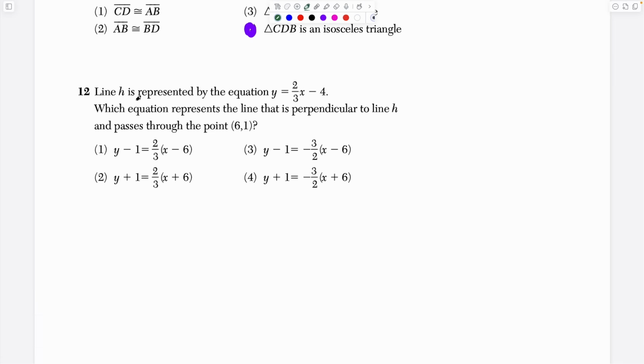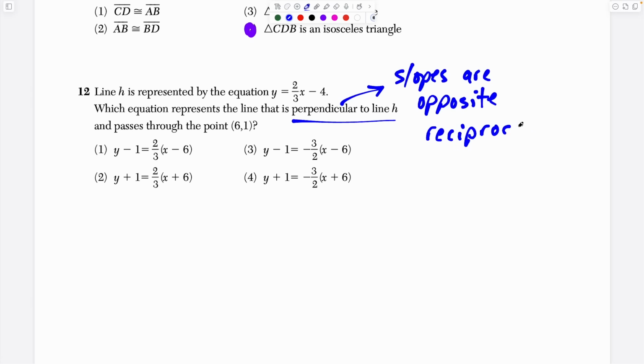Question 12, line H is represented by the equation y equals 2/3 x minus 4. And we want to know which equation represents the line that is perpendicular to line H and passes through the point 6, 1. So for this one here, the big idea that we need is that perpendicular lines have slopes that are opposite reciprocals. Okay, so if we want a perpendicular line, we need slopes to be opposite reciprocals. And that means we're going to look for the slope of the original line and then find the opposite